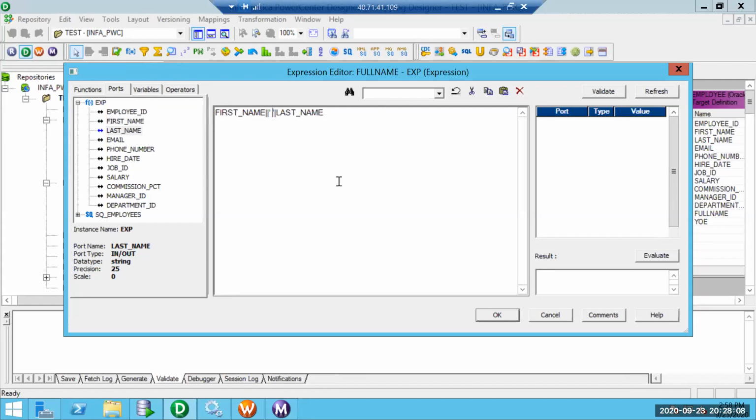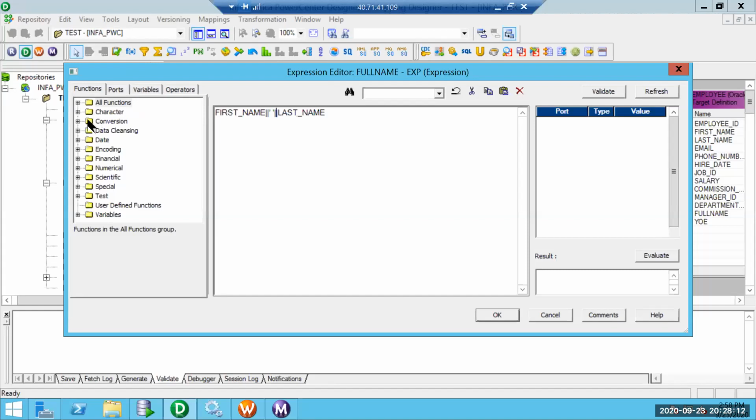The double pipe is concatenate. Alternatively, we have a function called concat, available in the string character functions, which is capable of concatenating string one with string two. I generally prefer the pipe because it is fast and it is capable of concatenating more than two columns.